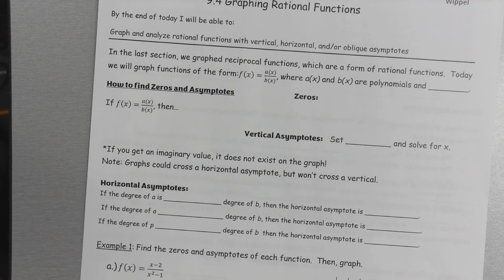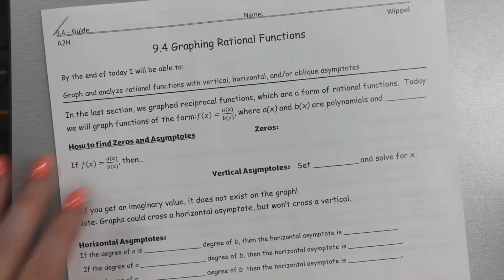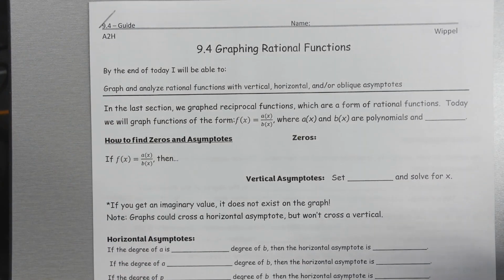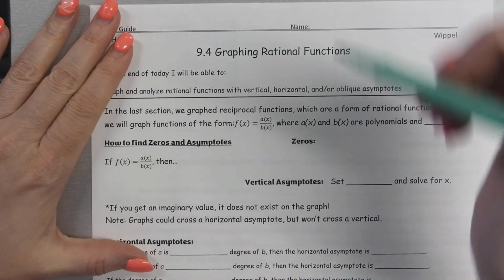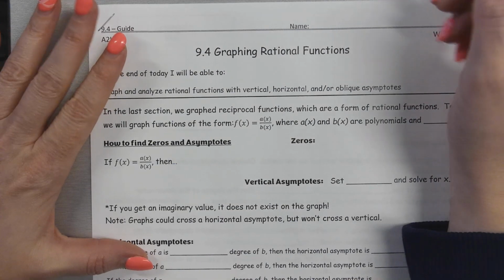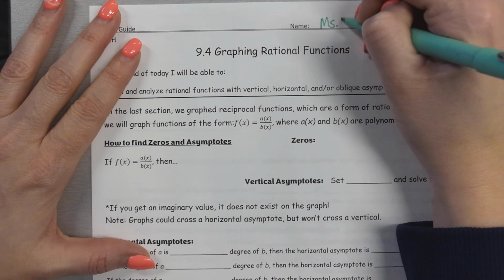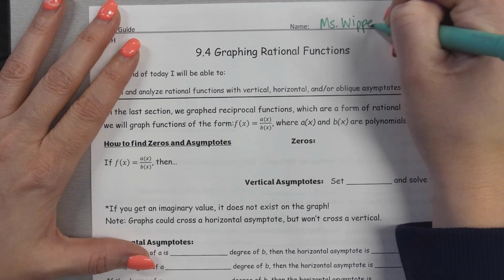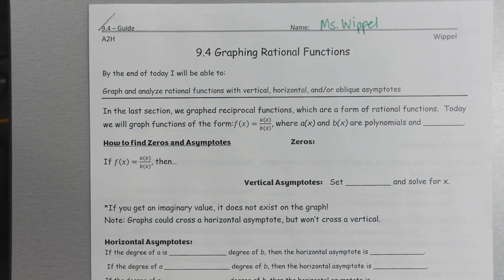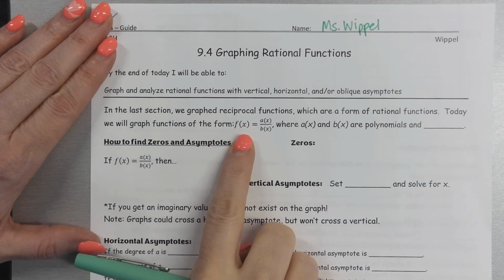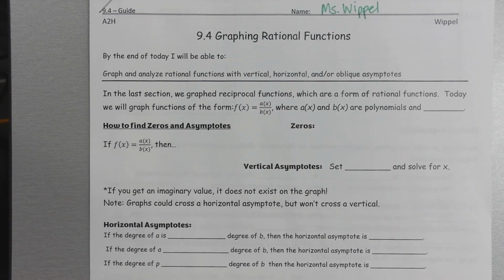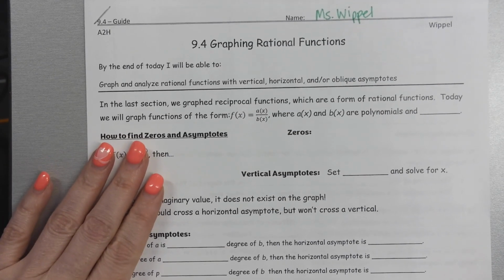In 9.4, this is a continuation of what we did in 9.3, which was graphing rational functions. But now we're going to look at some more complex examples. We graphed reciprocal functions, which are rational functions, in our last section, 9.3. But today we're going to graph functions of the form f of x equals a of x over b